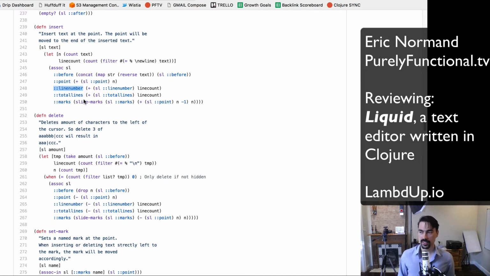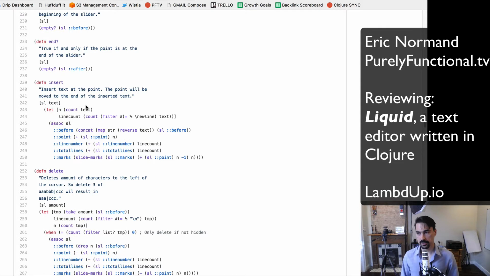All right, one more thing that I thought was really interesting was this insert function. It takes a slider and some text, and the text is a string, and it puts that text at the point, and it makes the point at the end of that text. And so this is one of those areas where I would really explore whether text could be another slider. So instead of operating where you've got a slider and you're putting text in, you've got two sliders and you're